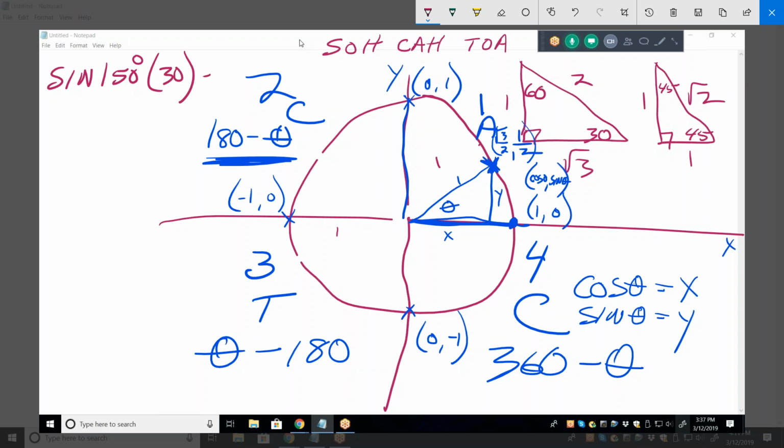So what's the sine of 150? What's its plus or minus sign? And that's the order I want you to do it in. I want you to figure out the absolute value first,